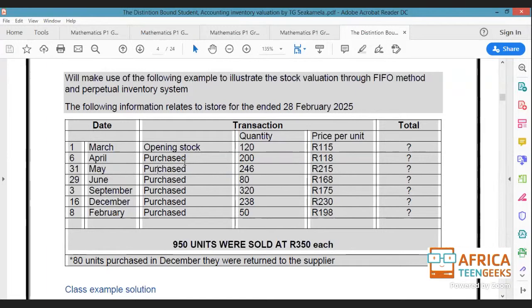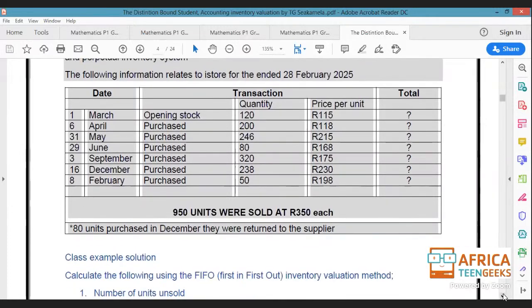On the 6th, you purchased. On May, you purchased. In June, you also purchased. September, you purchased. December, you purchased. February, you purchased at different prices. And you were told that 950 units were sold at 350 each. And you were also told that 80 units purchased in December were returned to the supplier. Right. Now, I want to show you step by step how we